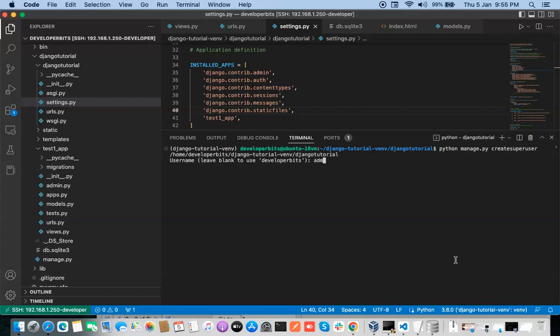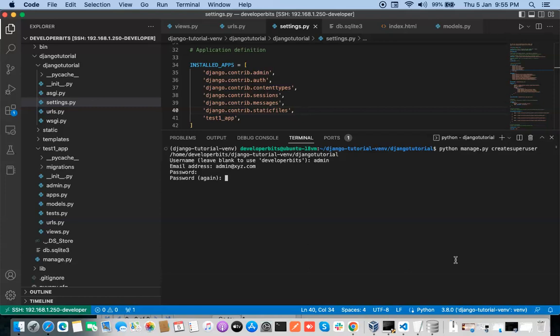Let me type any name, like the username is admin. I am typing just a fake email address here, but you should type a proper one. Okay, so just type the password here. I am typing a complex password here,